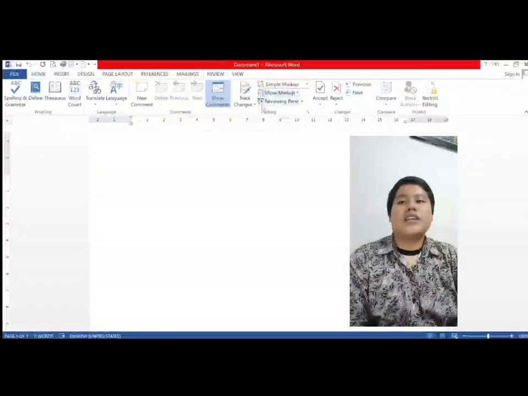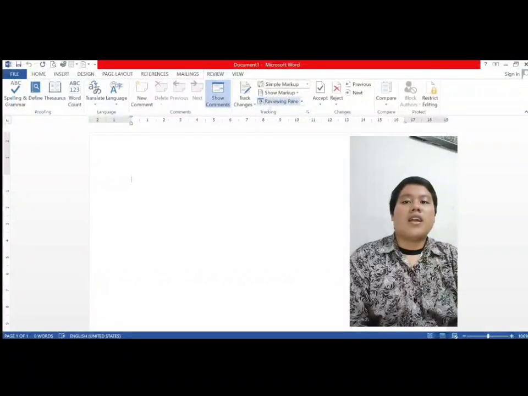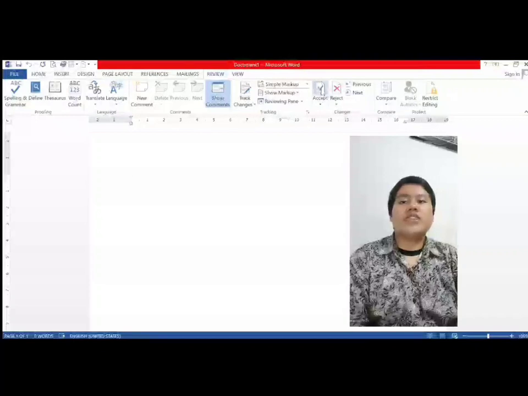Next icon Reviewing Pane icon is a function to show all the changes to your document in a list. Accept icon is a function to keep the change and move on to the next one. Reject icon is a function to undo this change and move on to the next one.